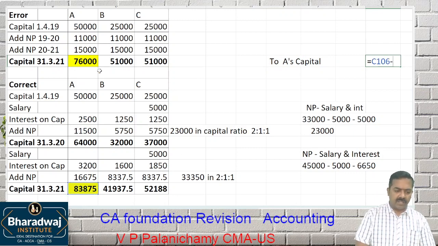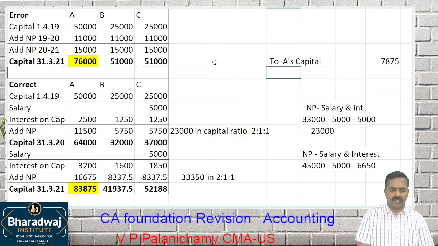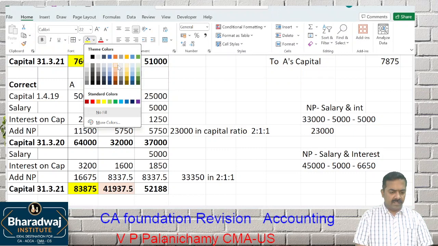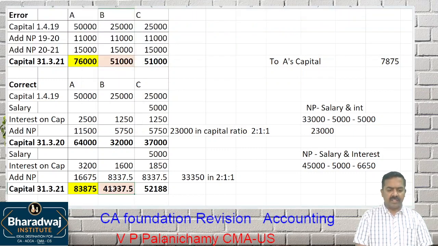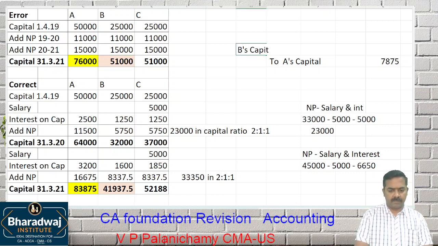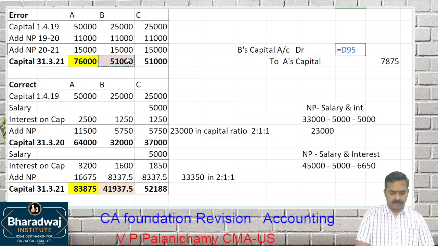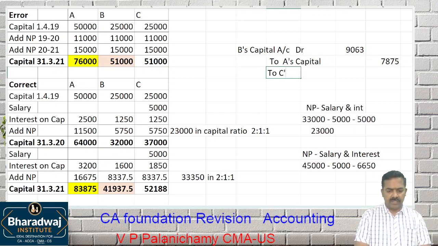It should be 83,875, but they have only 76,000. Credit the difference. Look at B. It should be only 41,937.5. But he is having 51,000. Remove the excess. Then to C's capital,